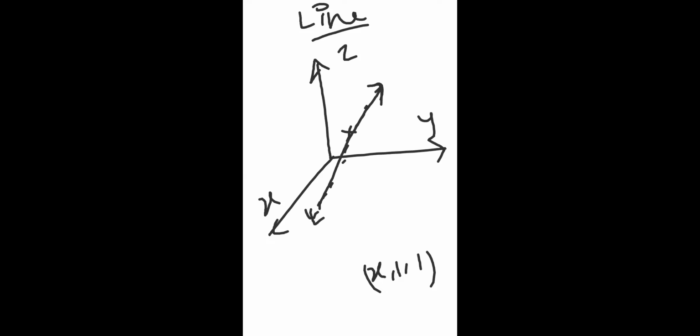Like this they can give you any line, so you should know the mathematical equation of that line. Once you know the mathematics, only then can you calculate where the electric field will be based on that line. That's why we have discussed the coordinate system. Are you all convinced with this? X comma 1 comma 1, Y is 1, Z is 1. That means X can be anything. That is the idea of this equation.